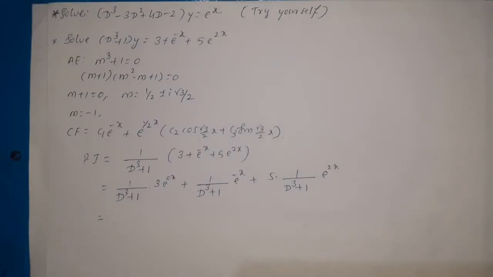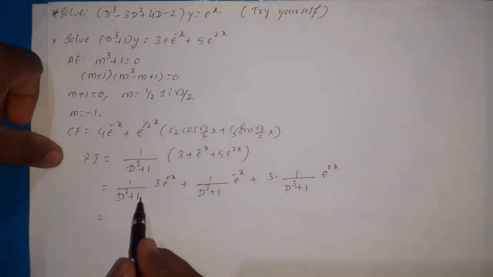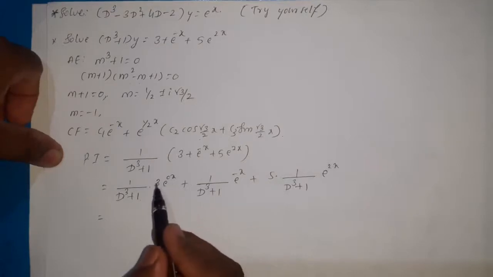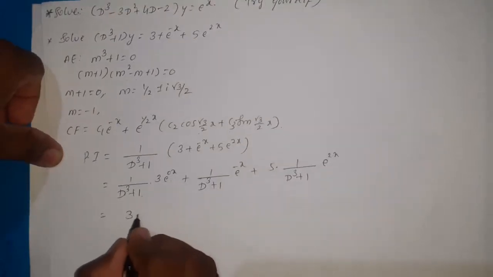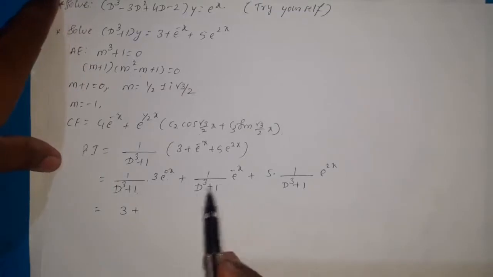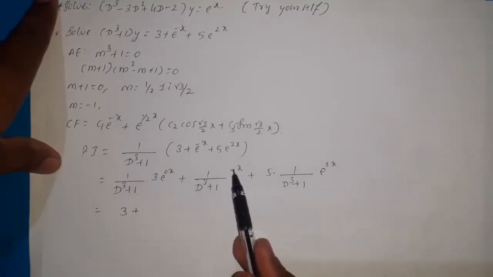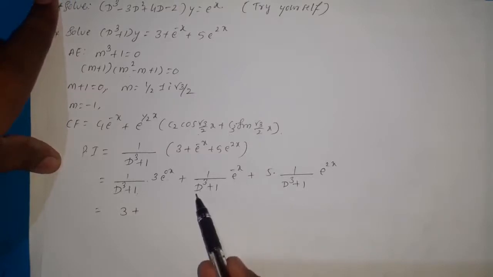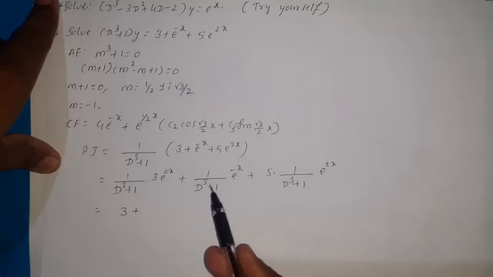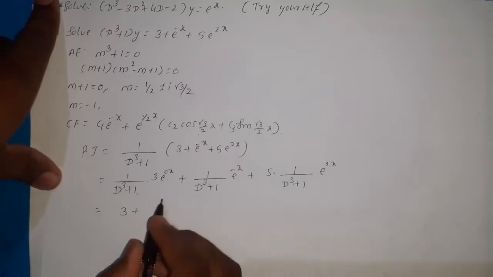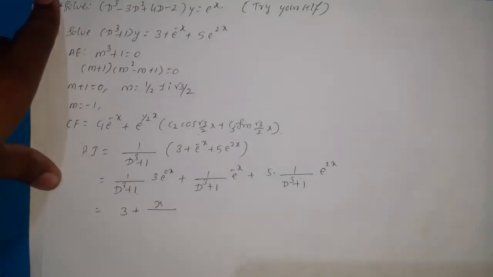Now for the first one, D equal to 0. If D is equal to 0, that becomes 0 plus 1, which is equal to 1. So the denominator becomes 1, and here e power 0x is also 1, then remaining only 3. Plus here D is equal to minus 1, because here it is minus x. Then minus 1 whole cube is minus 1, minus 1 plus 1 is 0. If the denominator is 0, then it is x divided by f dash of D.